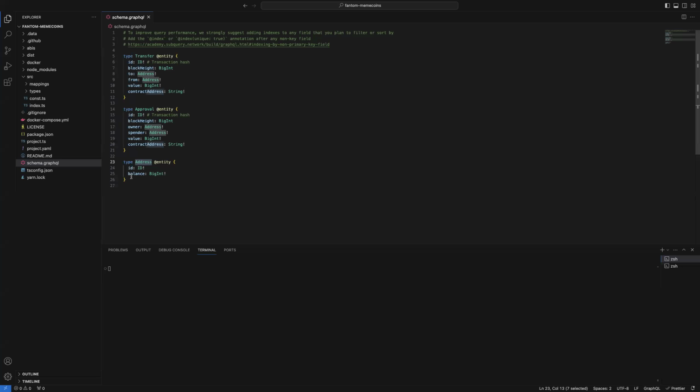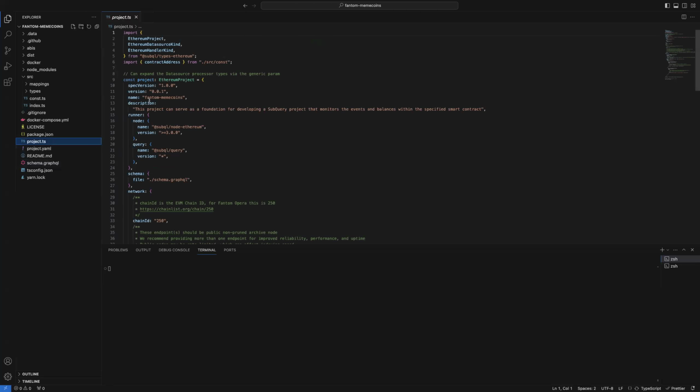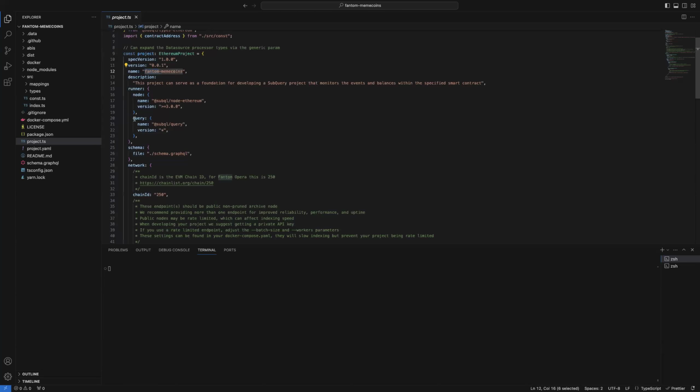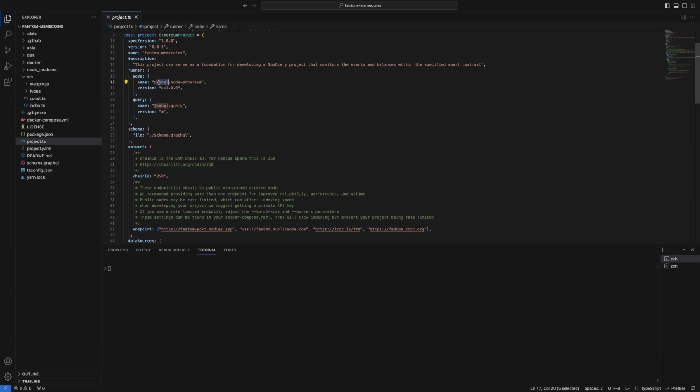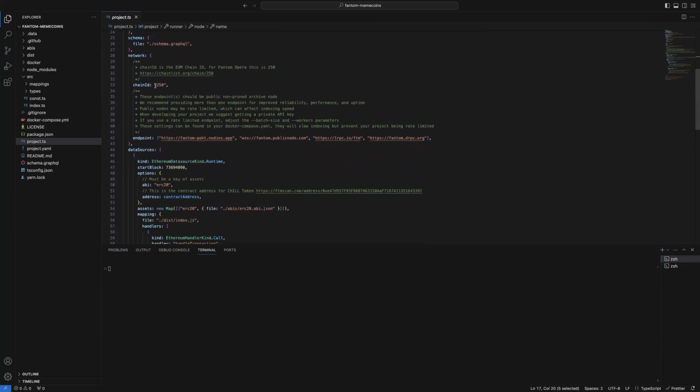So that's file type number one. A second type of file is the manifest file itself, under project.ts here. It serves multiple purposes. We're giving a name to the project. We're indicating the dependencies. We're also indicating the network that we want to fetch data from.